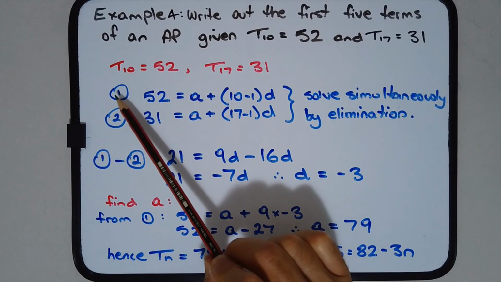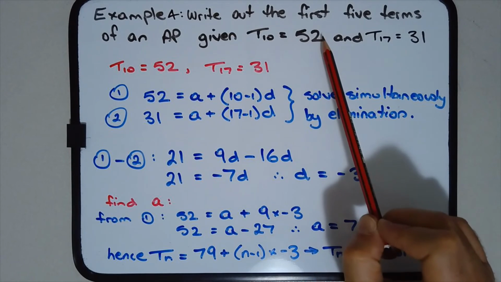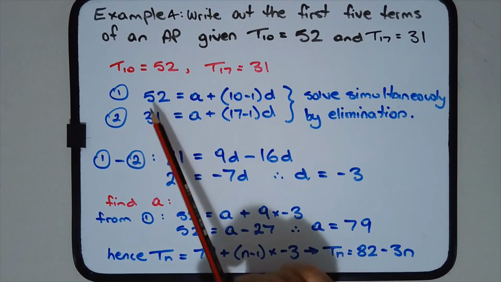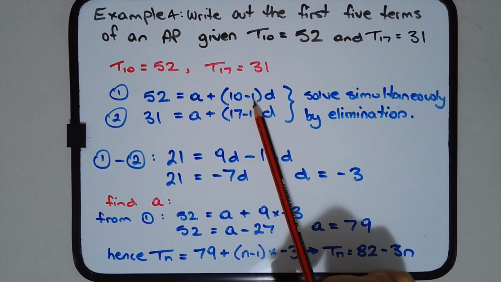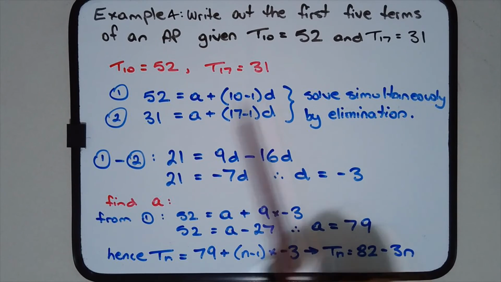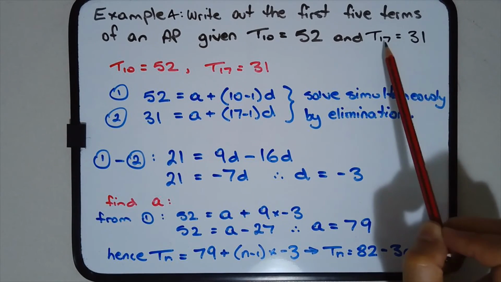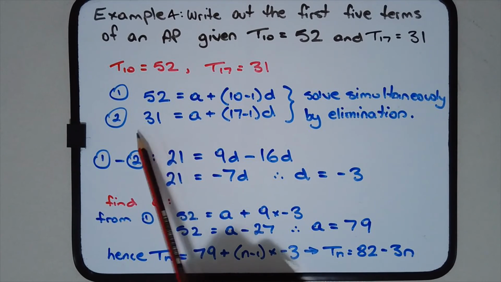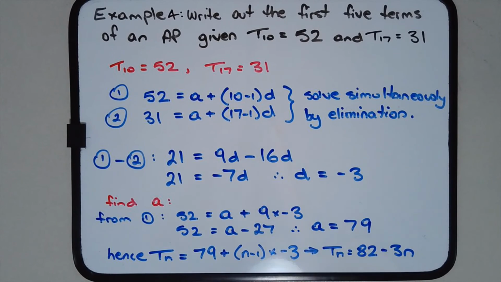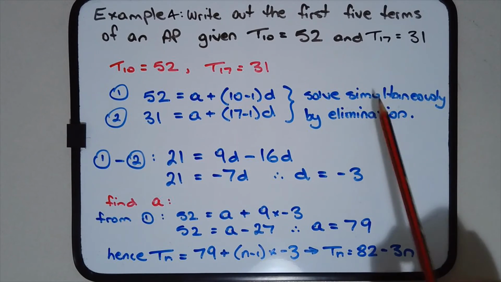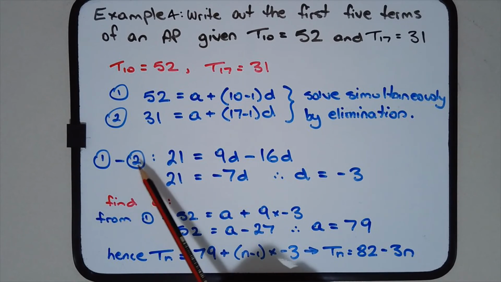So for equation 1, I'm using the fact that T10, or the 10th term, equals 52, so that means n equals 10. So 52 is equal to A plus 10 minus 1 times D. And the second equation uses the fact that T17 equals 31, so the 17th term, n equals 17 of course. 31 equals A plus 17 minus 1 D. Then we're going to solve simultaneously by elimination. So equation 1 minus equation 2,